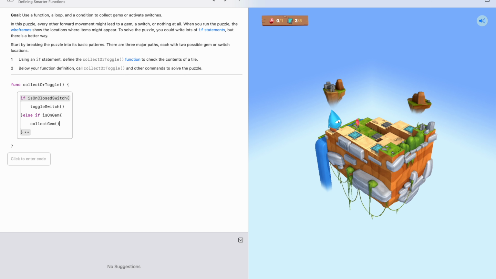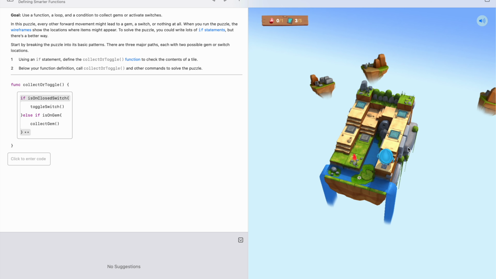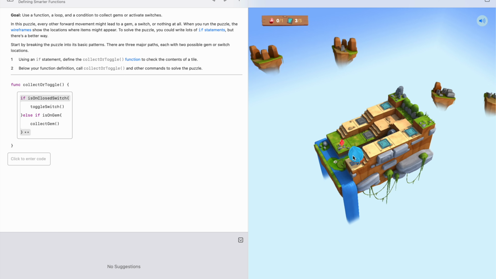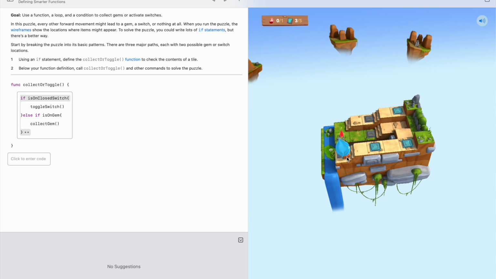So now we need to do some other stuff. Let's break this down a sec. So let's look at the puzzle. We have byte here. So here's a row, and here's to turn left, and here's another row, and then he will turn right, and then he has another row. So effectively, if we can write a repeating pattern for this row, we could just reuse that code multiple times over, and then all we have to do is worry with the navigation. So I am going to create a new function